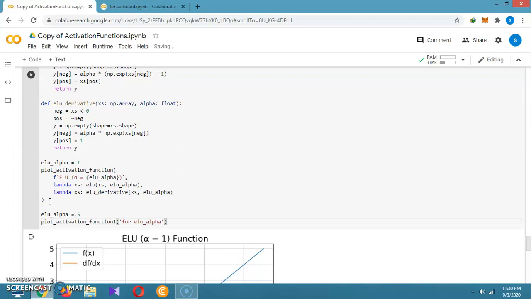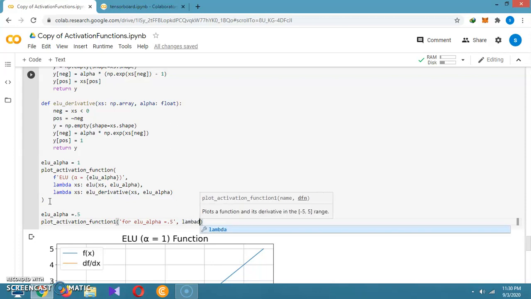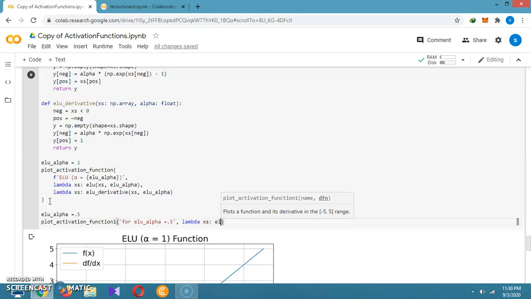for lu_alpha equal to 0.5, comma. Right now I am writing the lambda function, so it is giving lambda directly, and x of s colon, it is going to lu underscore.